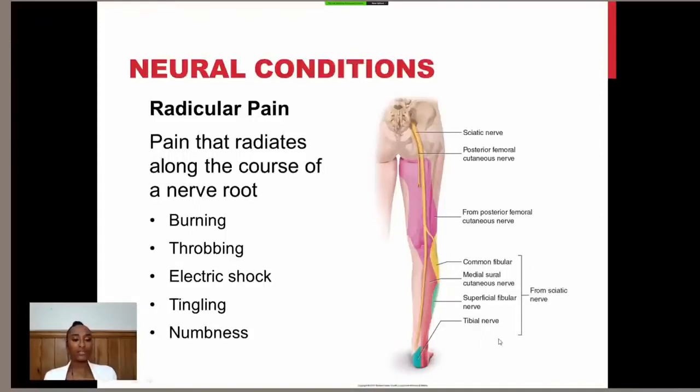So people that have sciatica, radicular pain might say that it's a burning pain, throbbing pain. They might describe it as electric shocks, and they might get tingling and numbness. So because it's to do with where the nerve root starts, you can get radicular pain in your arms as well. So if you think about the nerves which supply your arms, they start in the neck. So if you've got a problem with the neck, that can then cause pain in the arms.